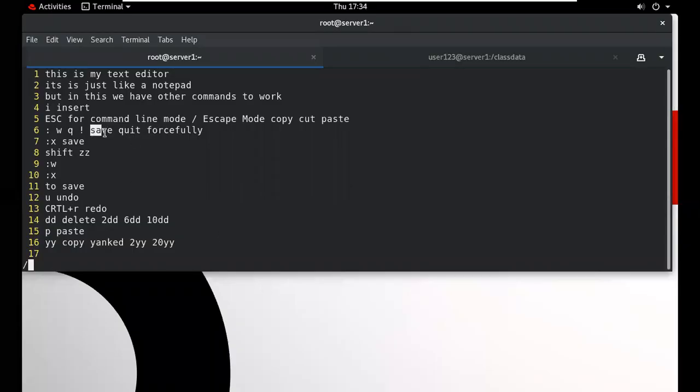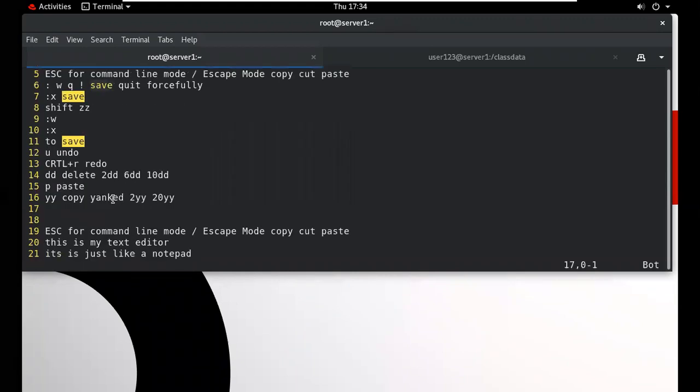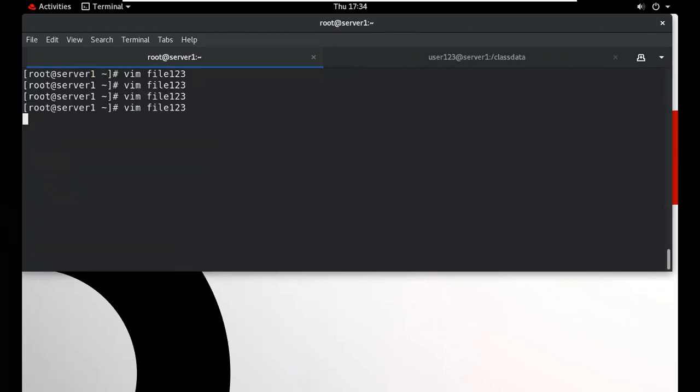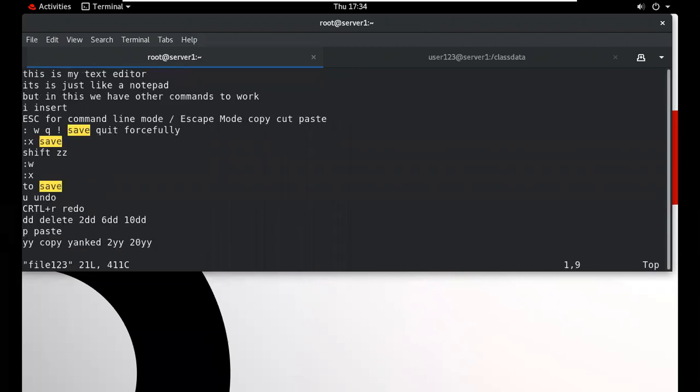Suppose we want to search this particular word, save. There are 3 occurrences of save in this file. So these will be highlighted. When we save this particular file and come again to this file, save is still highlighted at that time.